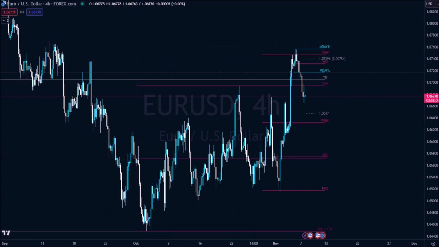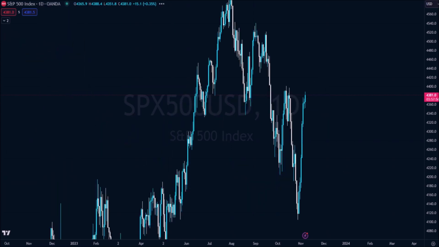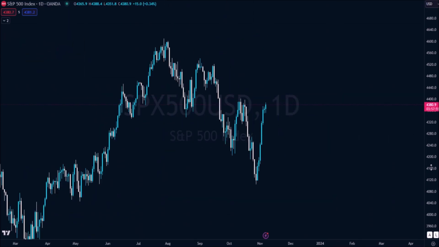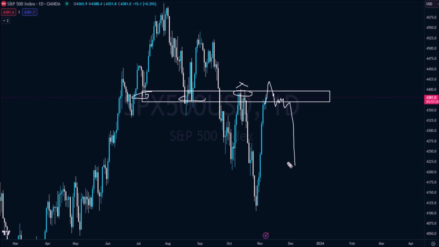Let's just take a look at SPX. We'll go out to the daily. We'll take a look at price action and what it's coming into. We do have this structure, which is support, support, and resistance. Whether we come up and take those highs and break back below, we could be looking for the next leg